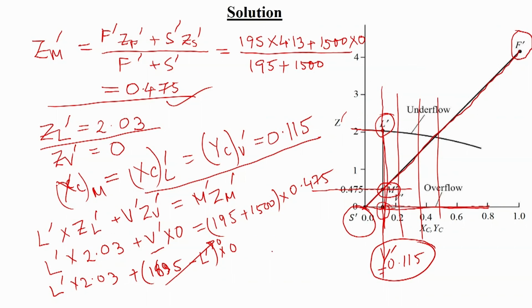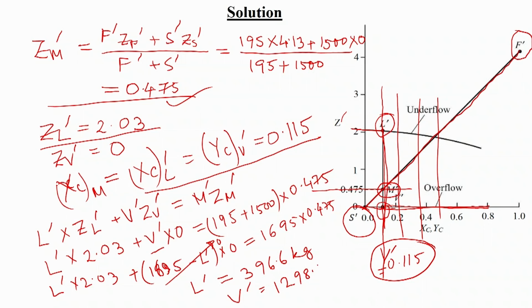So, there is no need of doing this one, and it is equal to 1695 into 0.475. So, from here we are getting this L prime as 396.6 kg. So, we will be getting V prime is equal to 1695 minus 396.6, that is coming out as